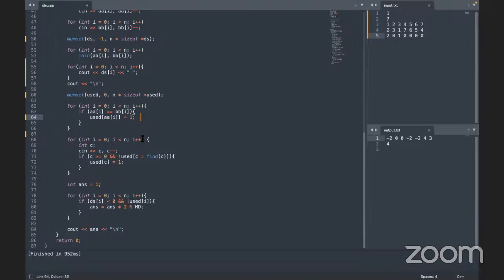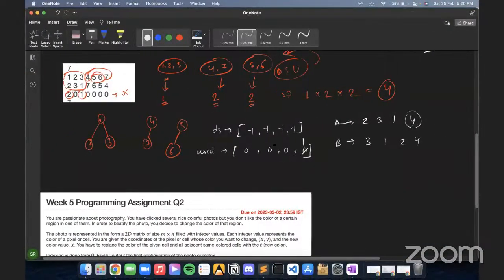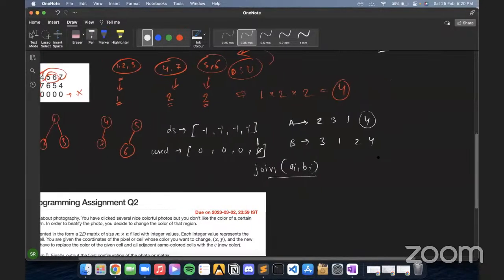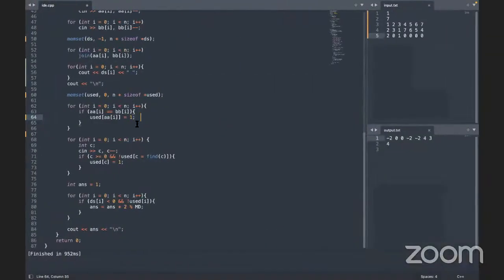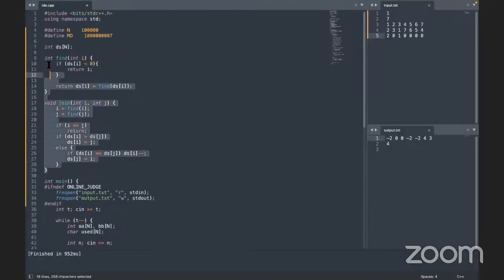Firstly, getting the group, basically forming the groups. So for all Ai and Bi, we're going to do the join operation of DSU. So I hope you remember what the join operation is going to give us, right? Once we call join for all Ai and Bi, here we'll go from 0 to n, and we are calling the join operation for all Ai and Bi. Here I have implemented the DSU approach, the find function and the join function